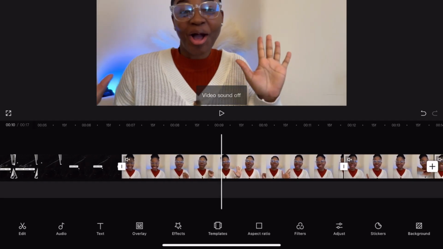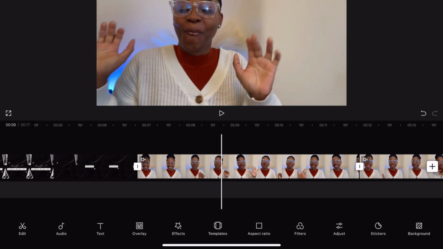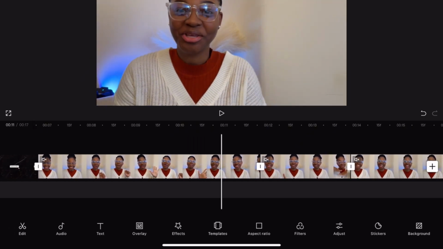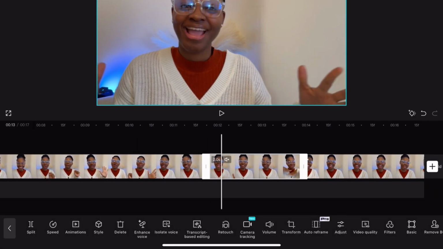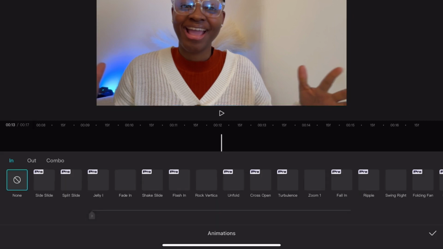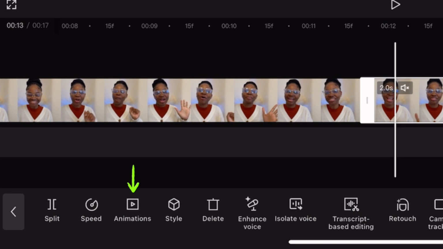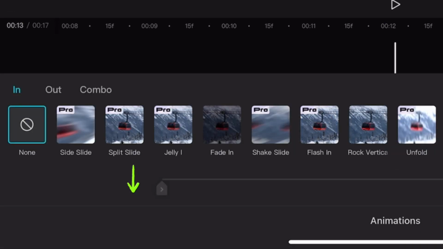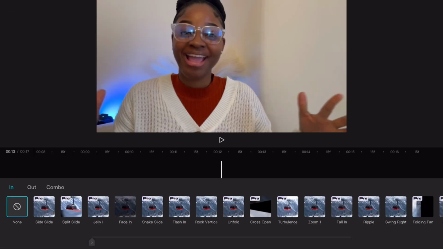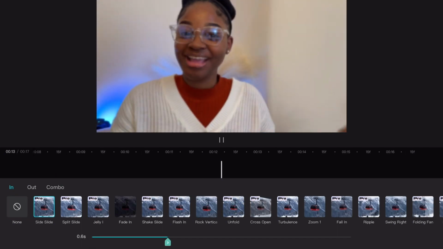So now for the animation, you will go back to the video and you would choose which section that you want to add the animation, and in that case for me, I want to add it here. So you would press at the bottom where it says animation after you click on the video, and there's so many options that you can pick from for that